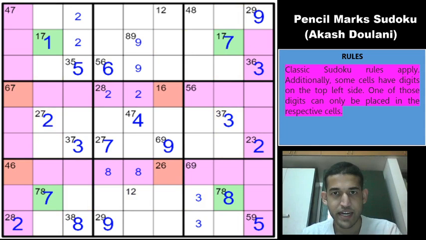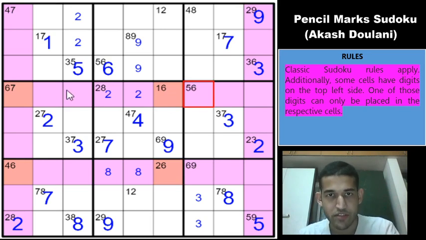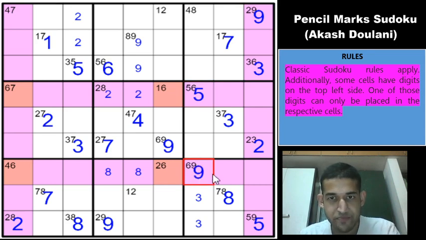So the cells highlighted in purple cannot contain 6, right? Because we have got another X-wing now, right? So let us try to remove the 6 pencil mark from those cells. So we have a purple cell highlighted here. So this can't be a 6, so this will be a 5 because 6 must go into one of these two cells as we just proved, and this cell cannot be a 6, so this is a 9.